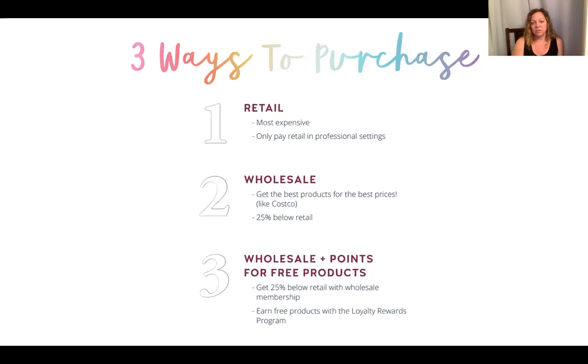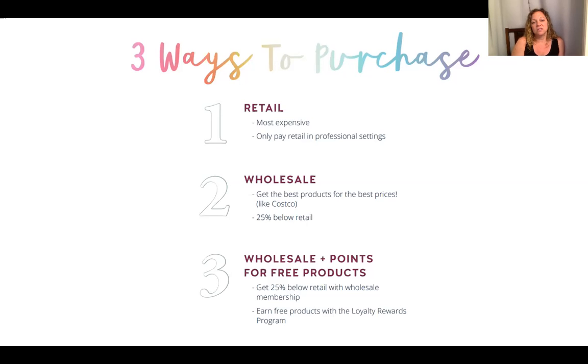It's kind of like a Costco or a Sam's membership. You pay an annual fee, and you end up getting benefits. Every year when you renew, you get a bottle of peppermint, which, like I said before, is very versatile, and I use it all the time. It's a great one to have. You also get 25% off below retail price. And there's no requirements whatsoever. You can order just your membership and your one-time order, and then if you want to order next year, go ahead and order next year. It's fine. You get the same benefits. No big deal.